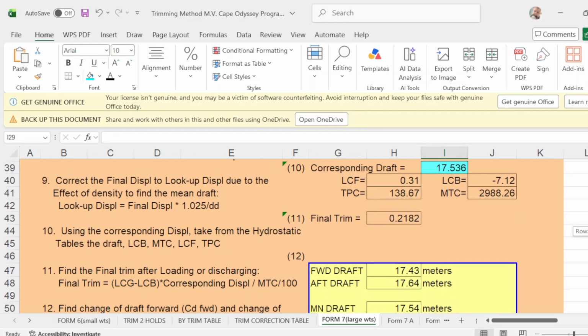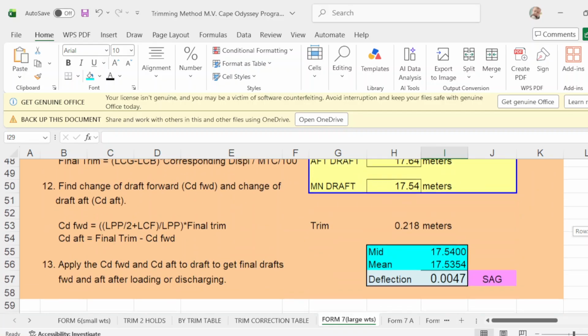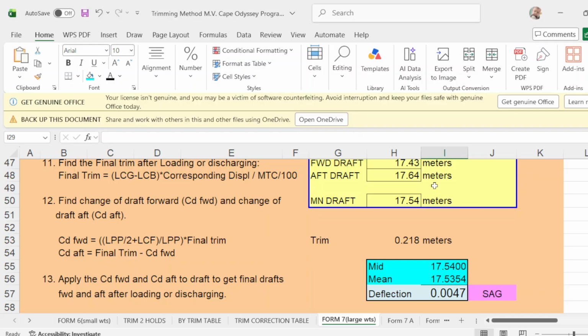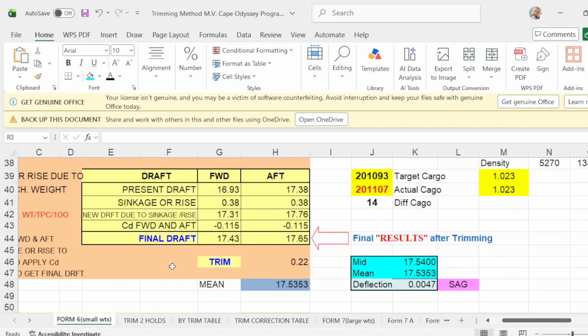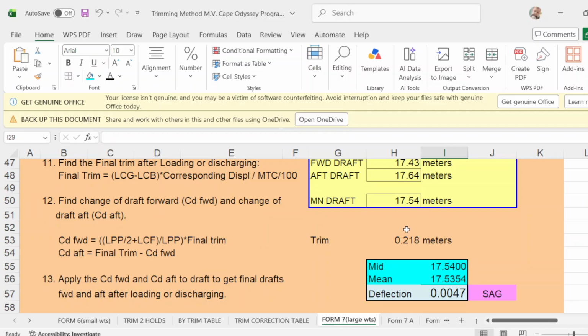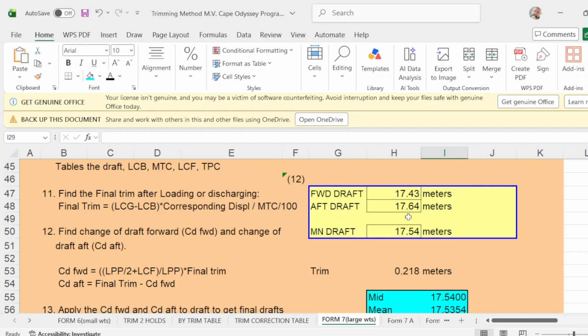And your forward and up draft is this one. Forward is 17.43 and up is 17.65. Up draft should be 17.65. Okay, almost. And your mean draft is 17.54.